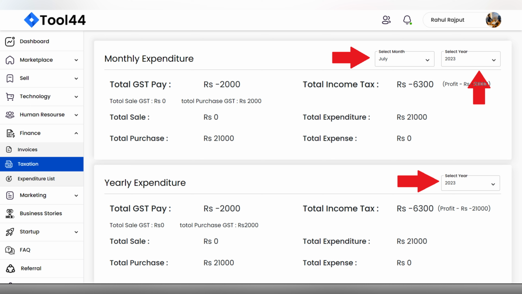5. The taxation data and finance dashboard will display various information related to your finances, including sales, expenses, profit, tax, and more. 6. Analyze the presented data to gain insights into your financial performance and taxation status. You can use this information to track your financial progress, identify trends, and make informed decisions regarding your business or